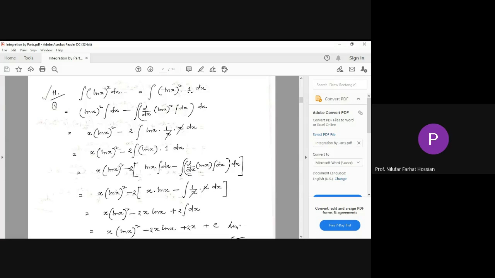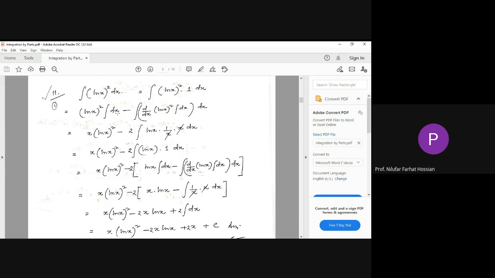Okay, please remember it. If you have any type of function involving ln x, you cannot take this function involving ln x as your second function because it is not easily integrable. If there is nothing else, then you have to consider a 1 here. There may be an x here. In that case, x should be taken as the second function. But there is no other function here, so we have written down a 1 here, and you take this 1 as your second function. So first function ln x whole square into integral of the second function,